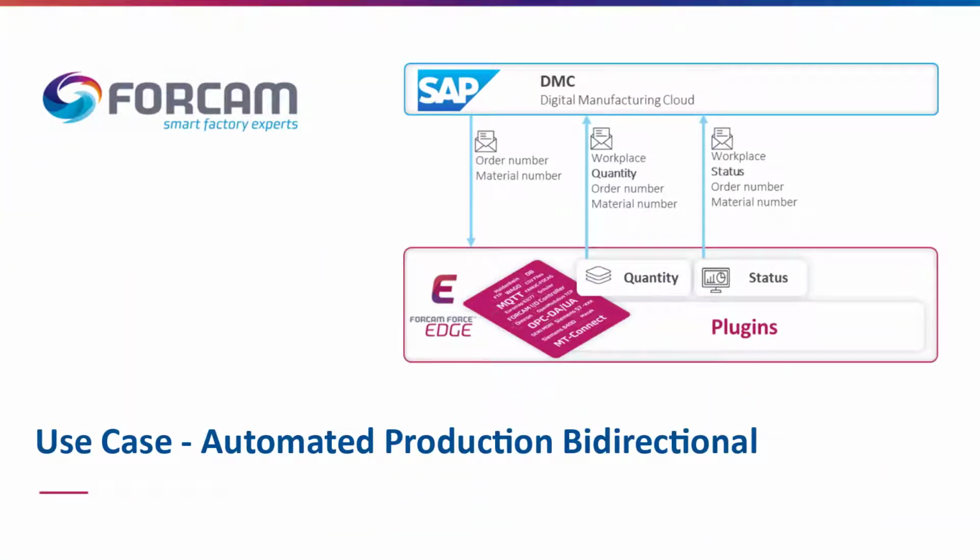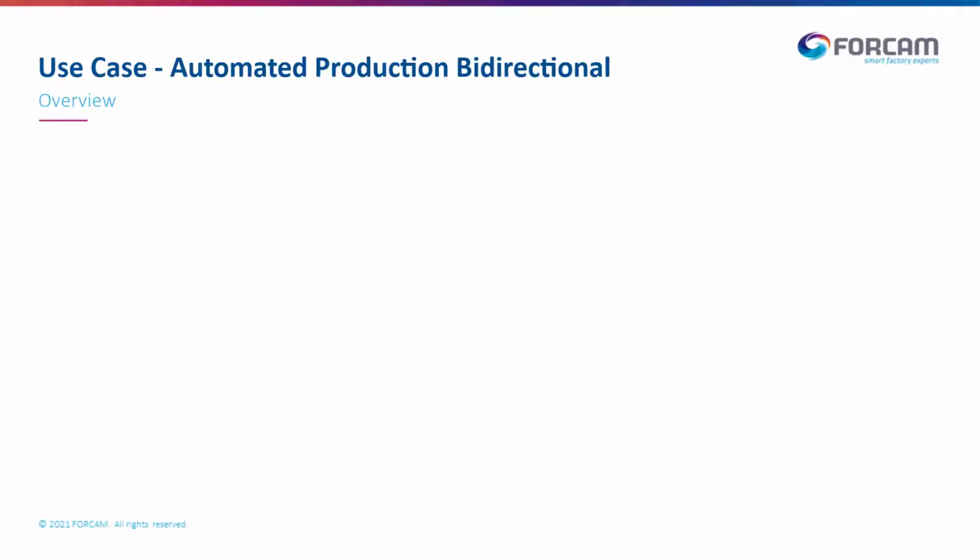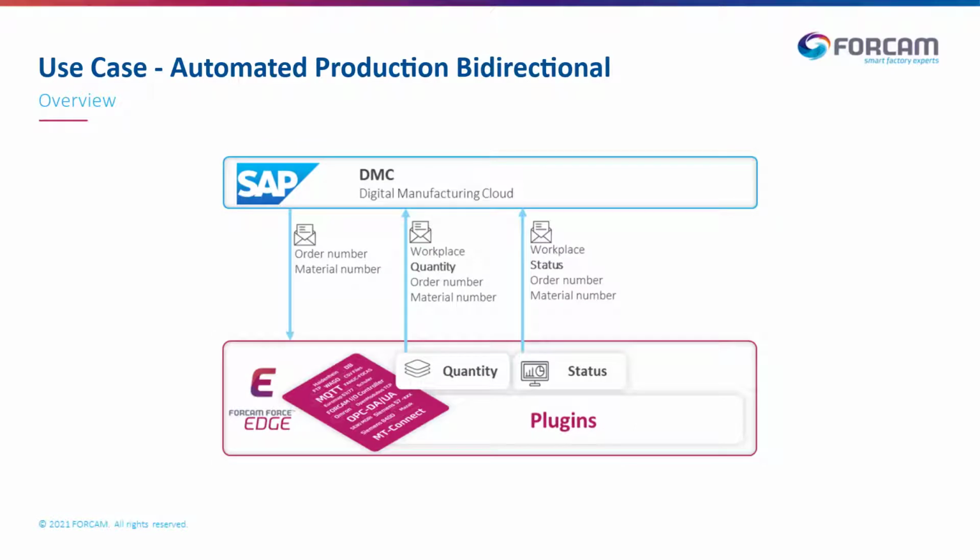Use case automated production bidirectional. Our use case automated production bidirectional builds on top of use case automated production. In this use case, with the start of a shop floor control, we send data and values directly to the machine. This means we are able to write directly into the PLC from our SAP DMC. We can send, for example, specific operation or material-based information or values to the machine and so alter or trigger